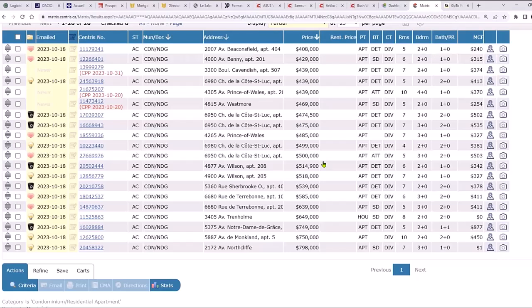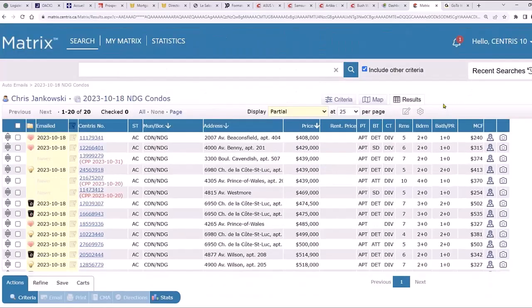Now, I want you guys to be able to use these tools as best as possible. After all, I use this all the time. Automated searches is something that we do, right? You set it up for the client, and we want that flow of information back and forth so we can actually be part of the search, and maybe we can make suggestions, modifications, etc., of things that they didn't even think about, right?